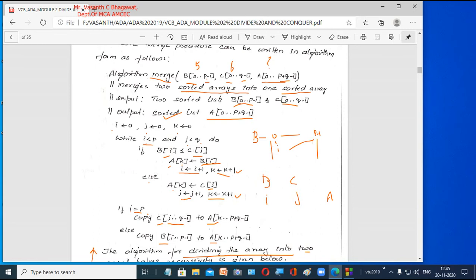Now how does it merge? It takes the first element from the first array, from pointer low to mid in the same array A, and compares it with the first element of the second part, the right side, from mid + 1 to high.